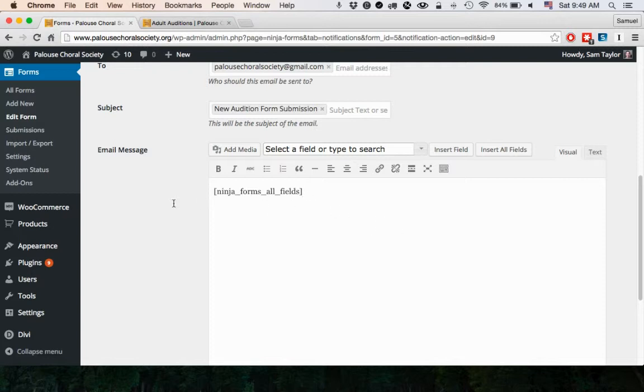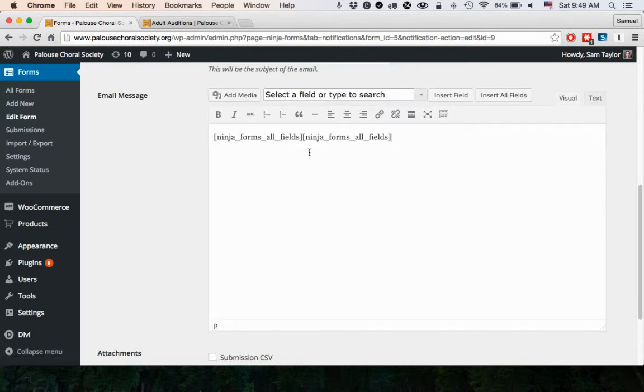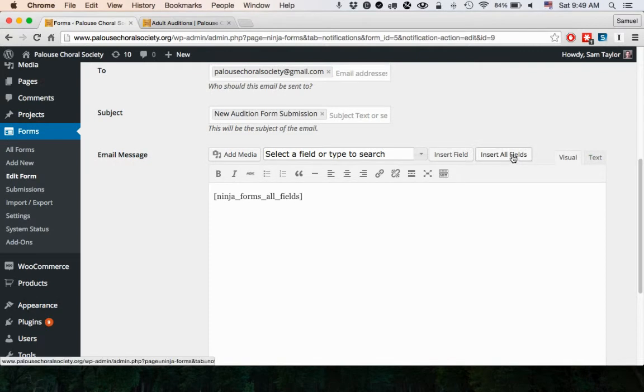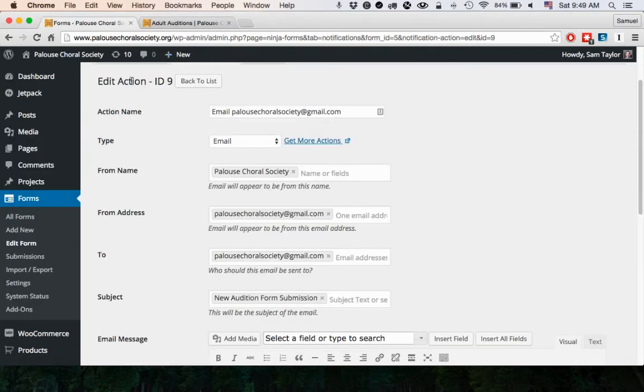And the way you add this is just by clicking this Insert All Fields button right to the right over here. And if I click that, as you can see, it just adds that tag. But we only need one because we don't need to double the information in this email. So we'll just leave that the way it is, but just remember, if you're creating a new form with a new email